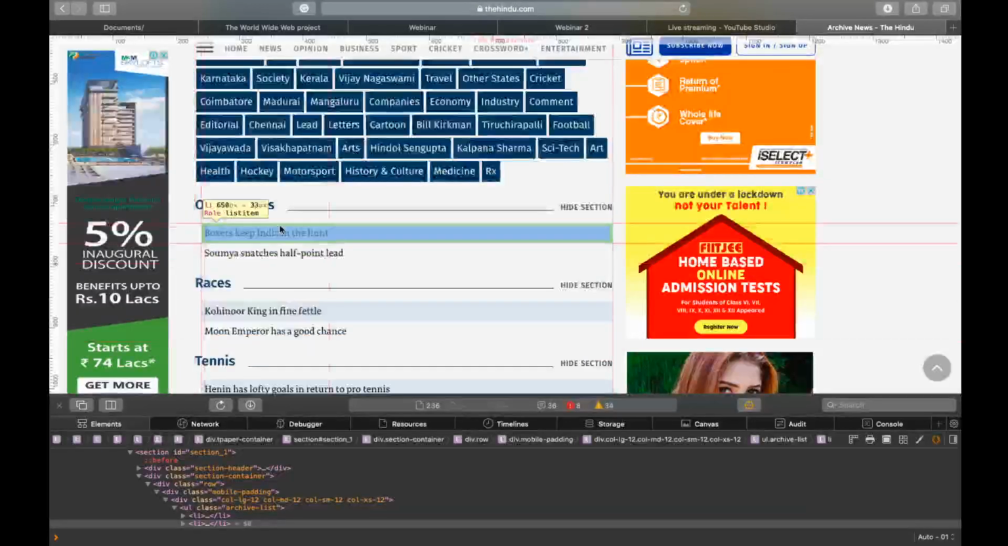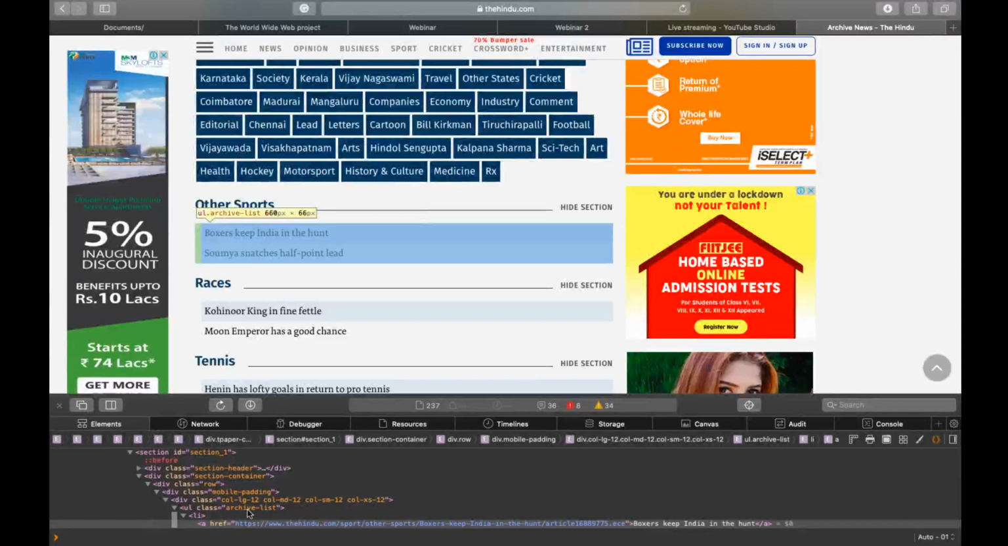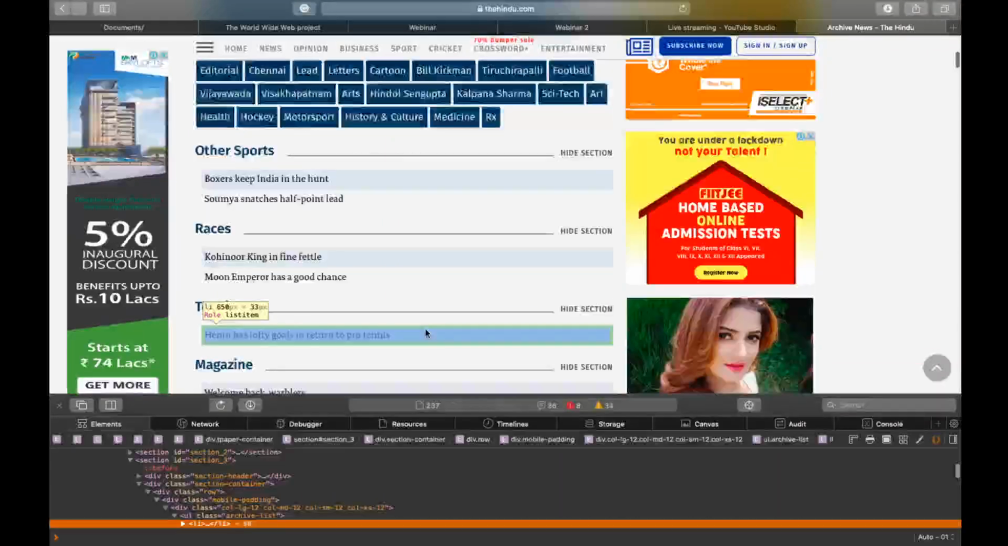Okay, so this particular link is in, let's see, the class archive list. And what about these? Okay, these are also in the class archive list. So in general, all the links are inside the class archive list. So if we can fetch the class archive list, then we can work on the